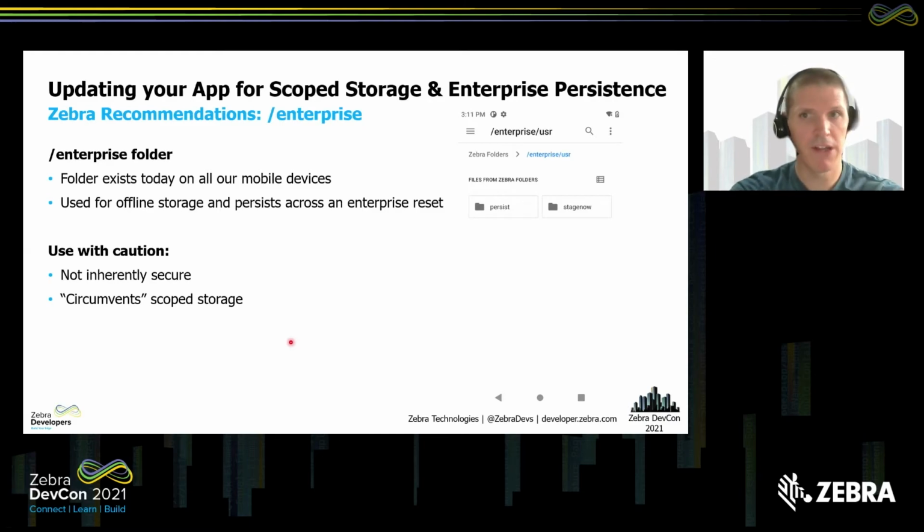It's not inherently secure, just the same as the old external storage on devices wasn't inherently secure. There's no change with enterprise folder here. So make sure you have other lockdown mechanisms in place on your device. Obviously, disable USB, disable settings that the user can get to, all of that. I think we've got a talk coming up or already happened from Ian on locking down your device. It does circumvent scoped storage, but again, I would use it with caution because of all of the other reasons